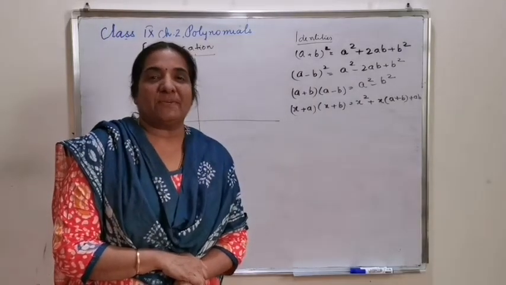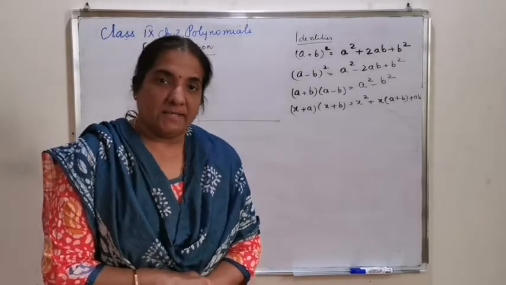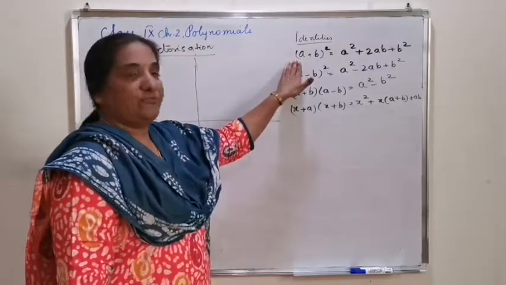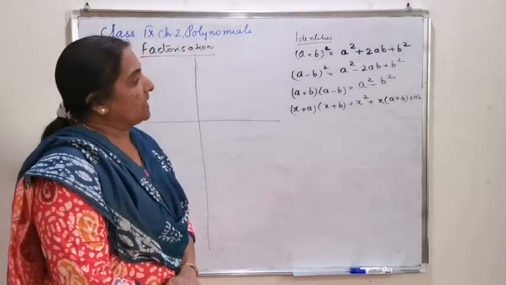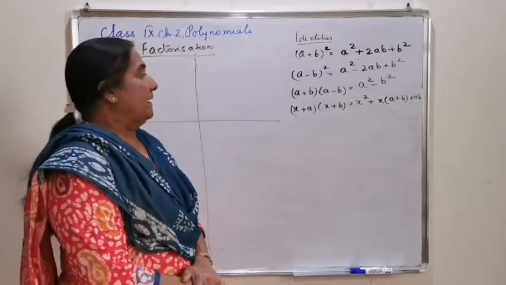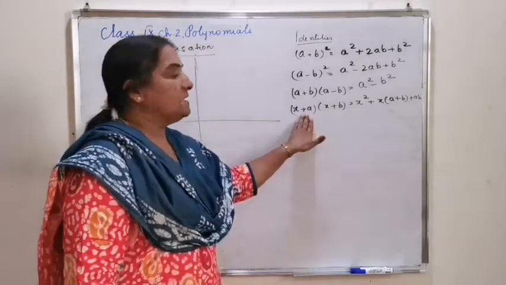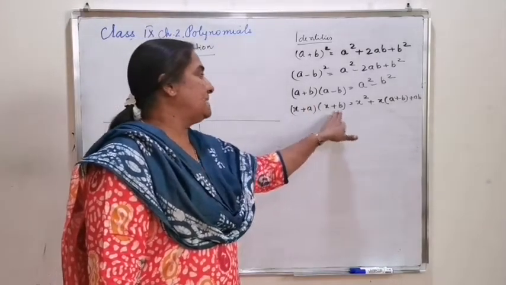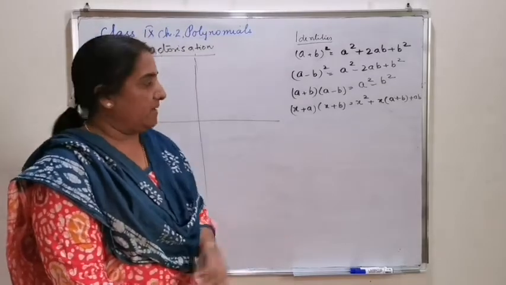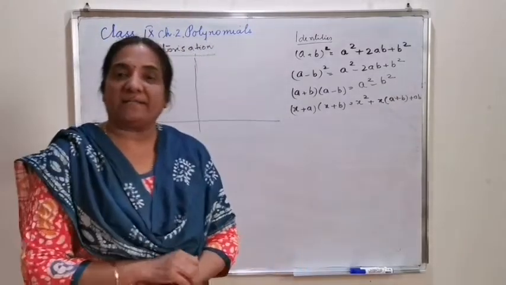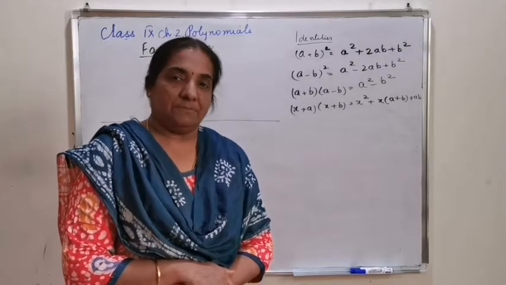Factorization is the process by which you derive the factors of a polynomial, either using the special products: a plus b whole square is equal to a square plus 2ab plus b square, a minus b the whole square is a square minus 2ab plus b square, a plus b into a minus b is equal to a square minus b square, or by the concept of splitting of middle term as x plus a into x plus b is x square plus x into a plus b plus ab, where a plus b determines the sum of the factors and ab determines the product of the factors when the factors are a and b. Thus,